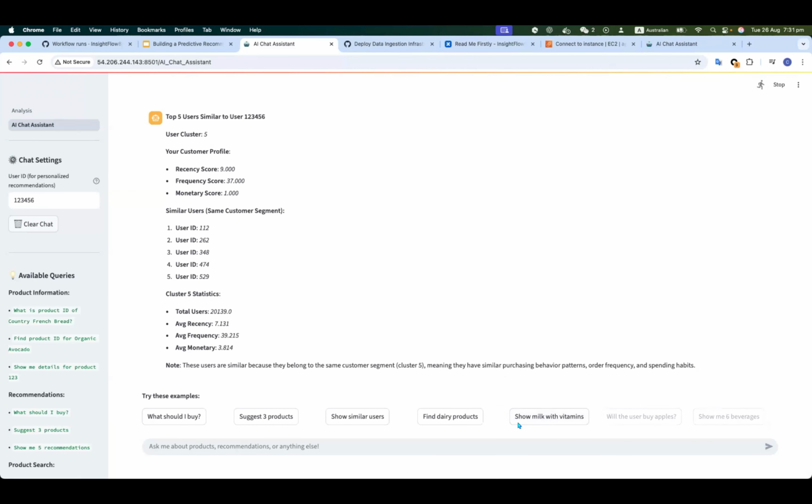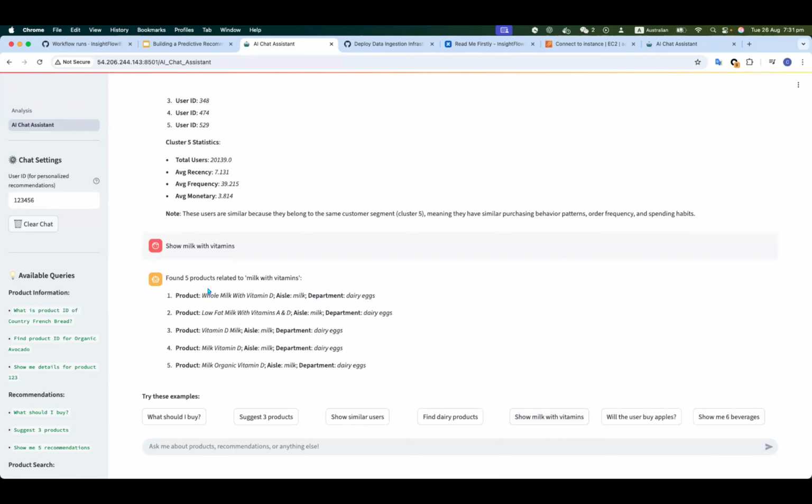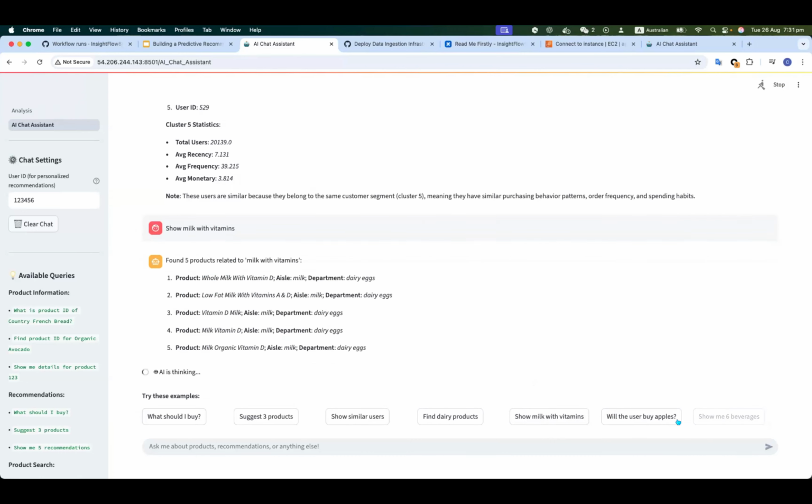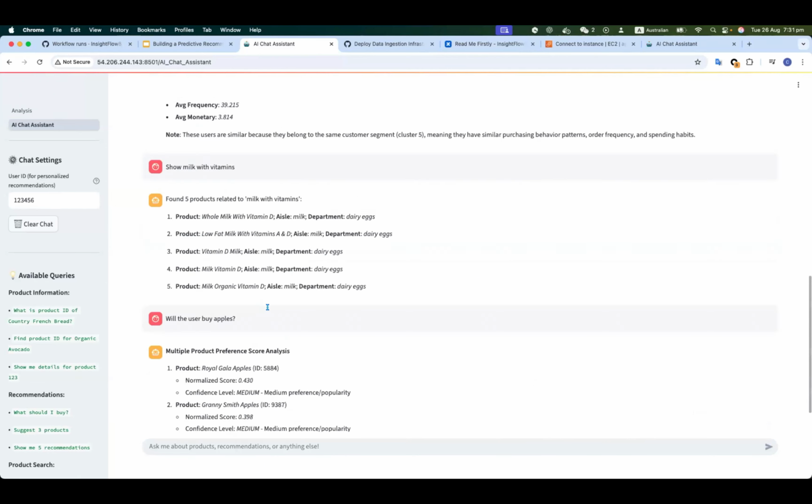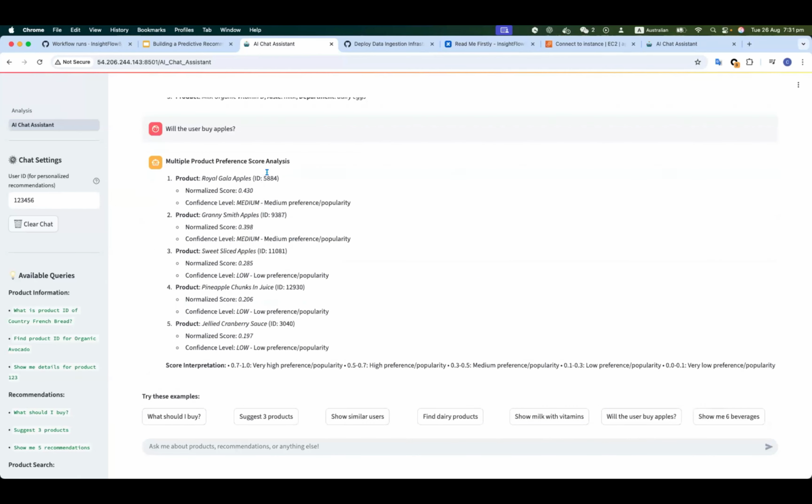And because we have a rank, we can search for some products. For example, here we can let the agent show milk with vitamins, so we have these products, and this milk has vitamins. Finally, let's do this query: will the user buy apples? Here it will return the probability, or the normalized score, for the different apples.